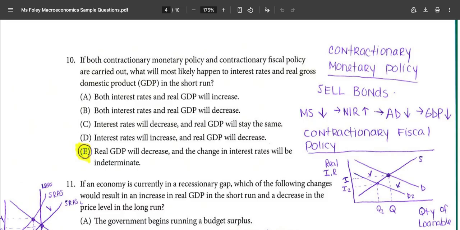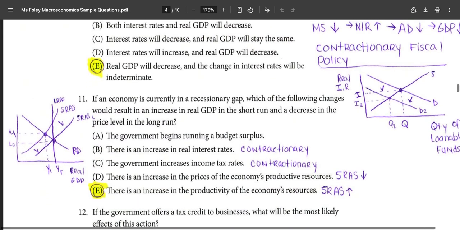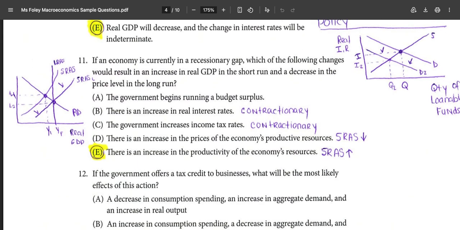The fiscal policy is pushing interest rates down. So that's why we choose E, that the interest rates would be indeterminate, or another word they like to use is ambiguous. Number 11, if an economy is currently in a recessionary gap, which of the following changes would result